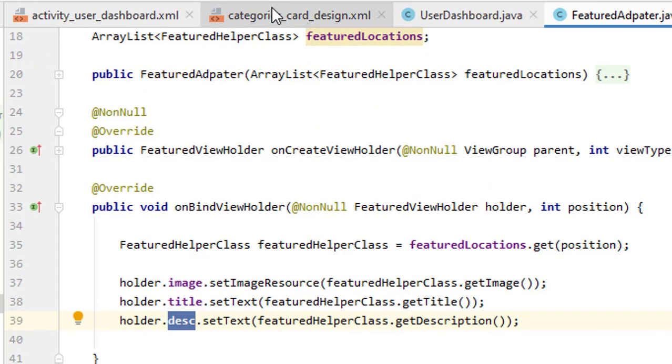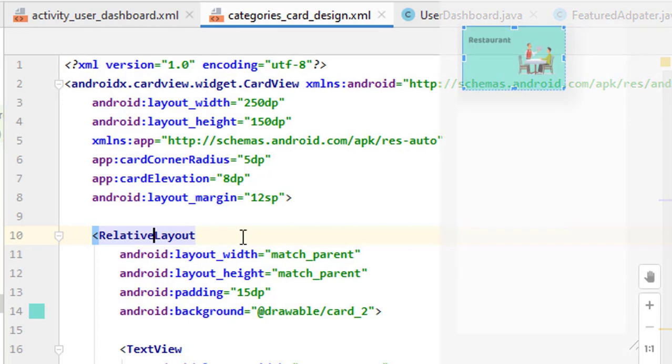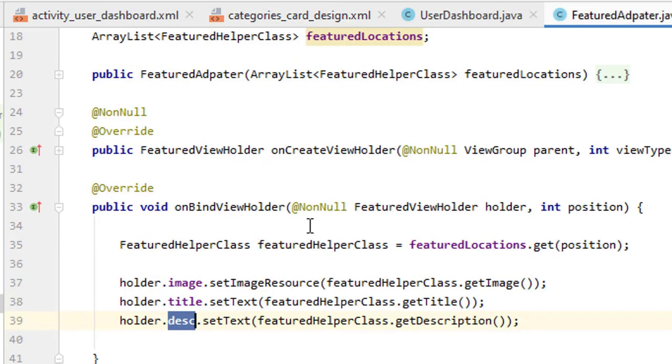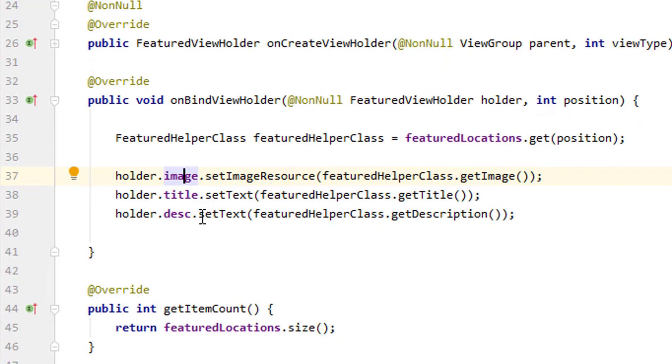So let's suppose we have this relative layout and its ID is gradient color. This is basically a relative layout, and it is the gradient color. So what we want to do is add a gradient color to each differently. So when we get this relative layout in here, we will simply set it this way: description dot